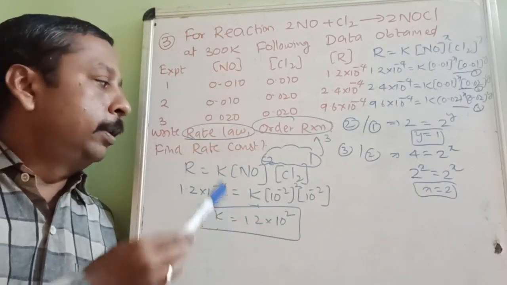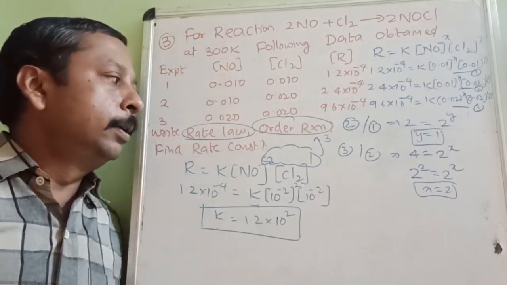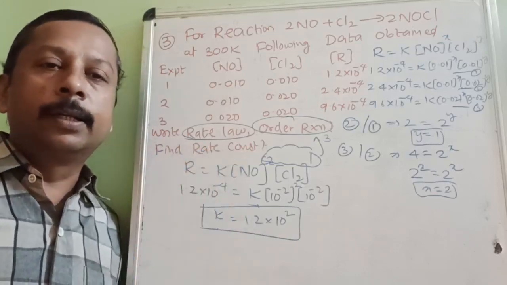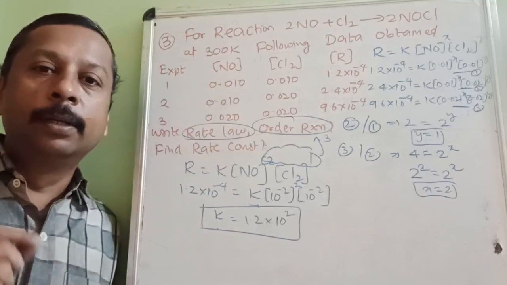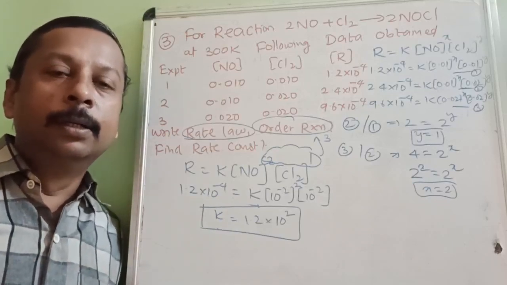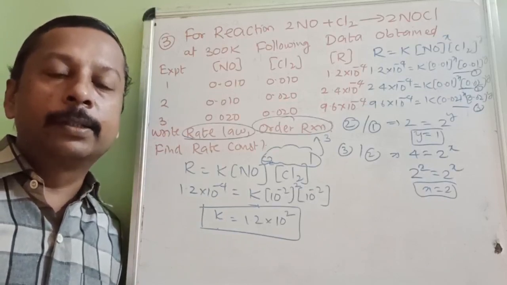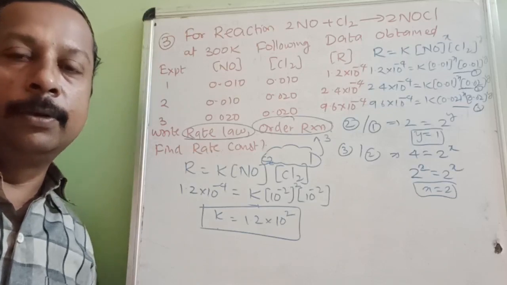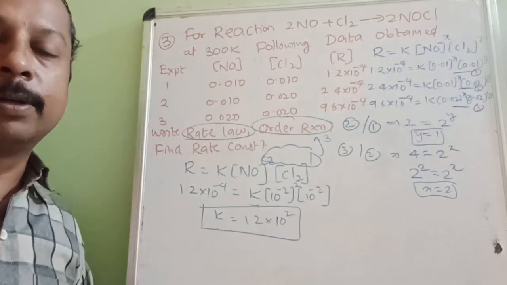Okay. So here in this question, what is extra? We are finding out the rate constant. That is the extra procedure. In every question there is a little bit extra. That extra will give you the extra marks, and those extra marks will give you the extra career. Okay, so note this down. I will be giving you one more beautiful question.